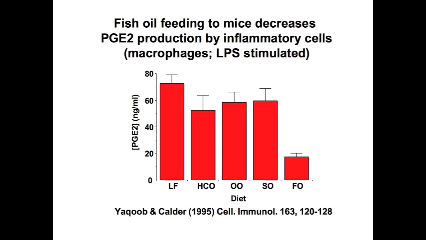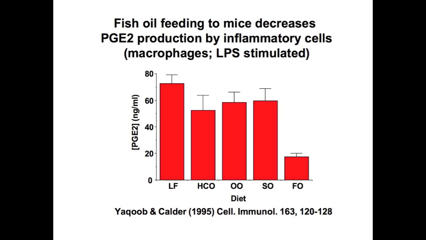Essentially, it didn't make any difference what we fed these animals unless we fed them omega-3 fatty acids. When we fed them omega-3 fatty acids, these cells made much reduced amounts of prostaglandin E2. So it's a little bit like aspirin, but of course aspirin works very quickly because it's inhibiting an enzyme. Omega-3 fatty acids don't work quickly because they don't work mainly by inhibiting the enzyme. They work by removing the substrate over time. Actually, if we put aspirin in these reactions, this would come way down here somewhere. But anyway, this is pretty nice.